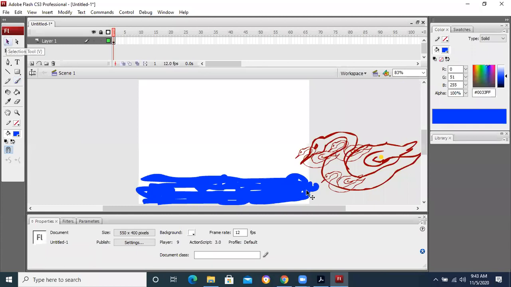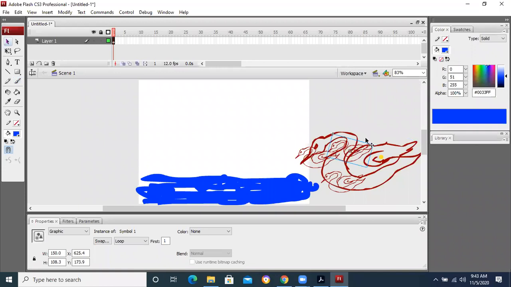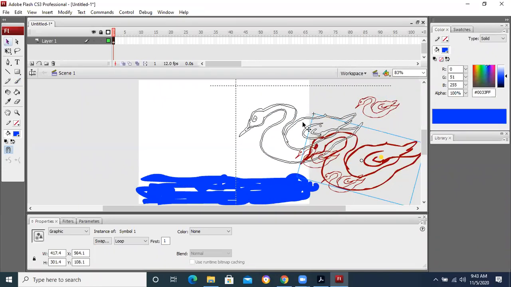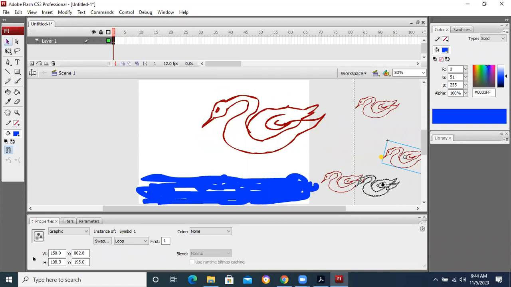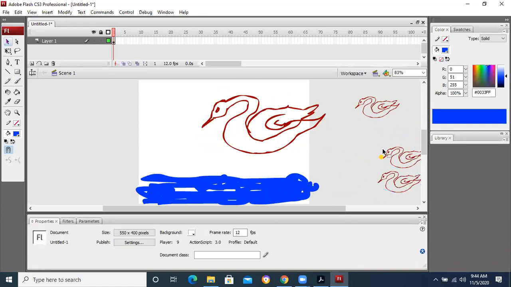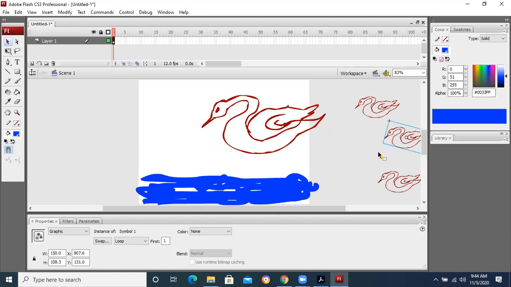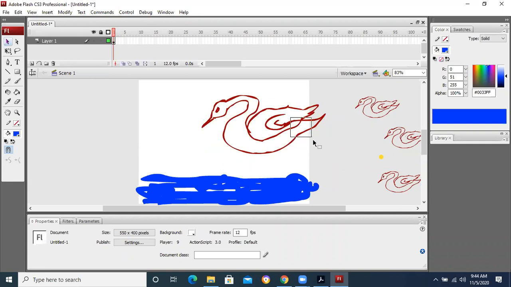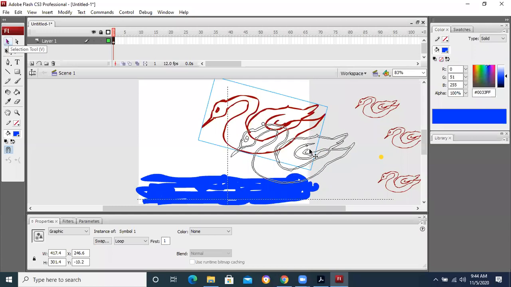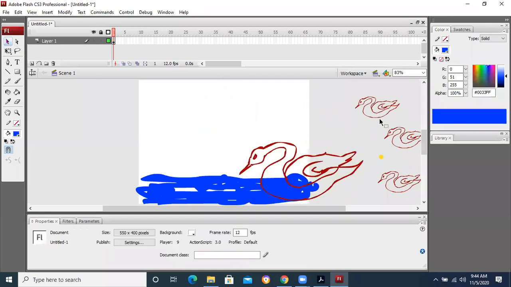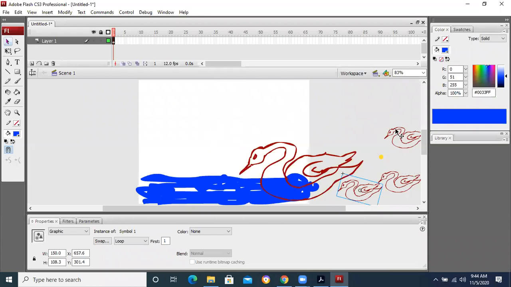Now, this is basically the object which is there on layer 1. I'm not going to move this option over here. I'm just going to move these objects that I have drawn. These are the objects that I want to have some movement in. How can I make the movement in them? I will place these objects over here and these with it.